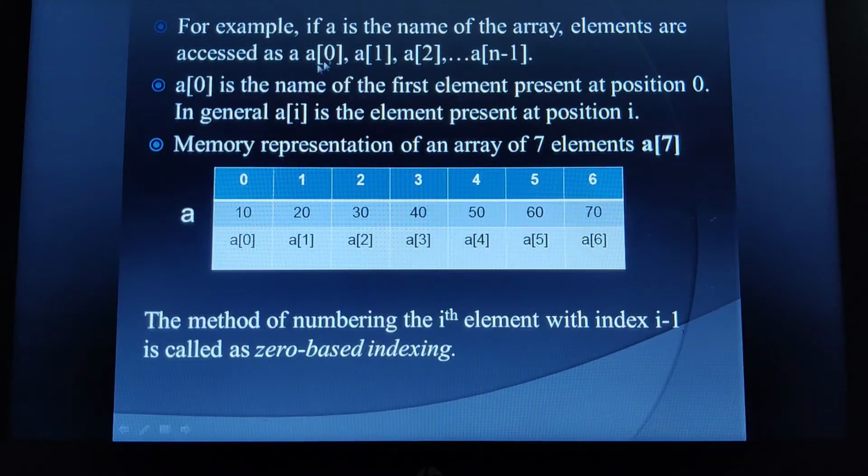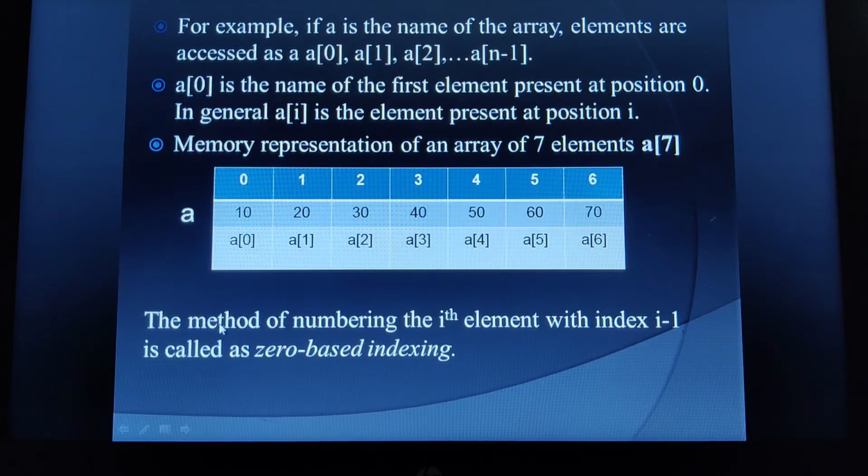So in general, I will take a of I, because the position keeps on changing, no? So in general I can write a of I is the element that is present at the position I. Now this time the size of the array is 7, but in my previous example the size of the array was 10. I cannot fix the size. Depending upon the program's needs, we take the size of the array. Therefore we cannot fix the size, and in general we refer to a of I here.